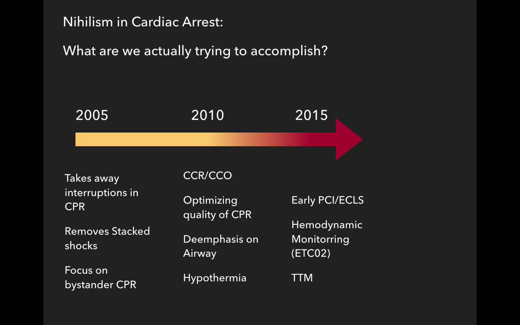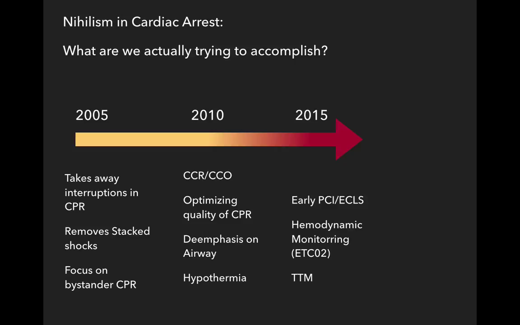And they also focused in 2010 on the optimization of quality of chest compressions, depth, rate, using metronomes, using feedback from defibrillators. In 2010, the EMS systems went to these defibrillators that had continuous feedback in terms of rate, depth, etc. And they put a de-emphasis on intubation because that was resulting in interruptions in chest compressions. Okay, so that's 2010. And then in 2015, the research essentially in that time frame has recognized the importance of